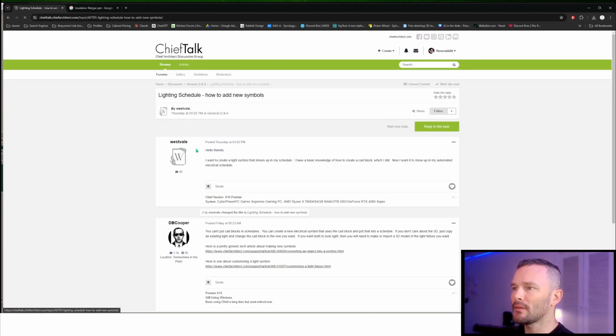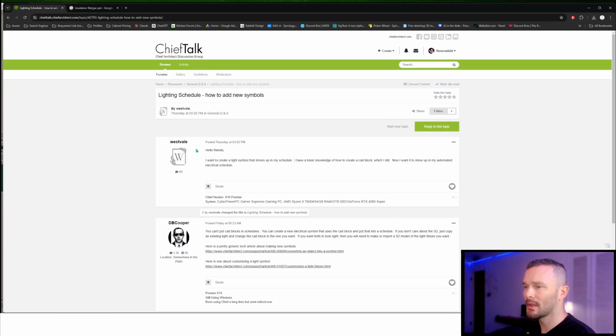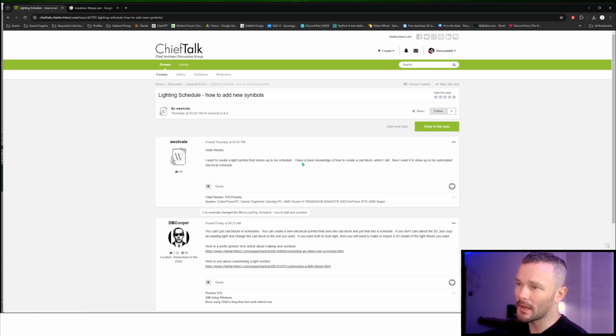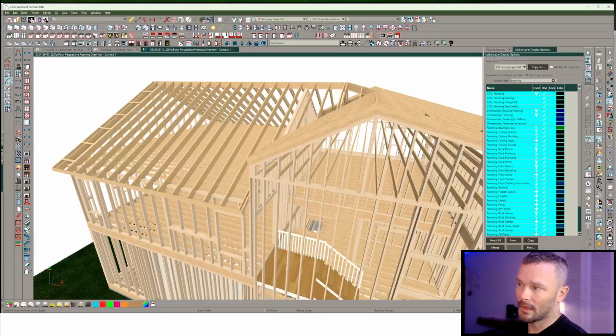Lighting schedule. How to add new symbols. I want to create a light symbol that shows up in my schedule. I have a basic knowledge of how to create a CAD block, which I did. Now I want it to show up as an automated electrical schedule. All right, so we're missing a couple things. And this is,